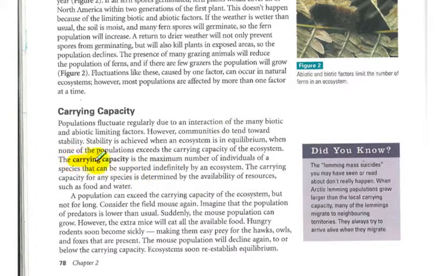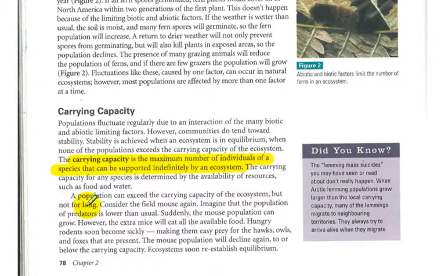The carrying capacity is the maximum number of individuals of a species that can be supported indefinitely by an ecosystem. So how much could survive in that area? The carrying capacity for any species is determined by the availability of resources such as food and water. And of course, as you saw in that mouse video, the population can exceed the carrying capacity of the ecosystem,